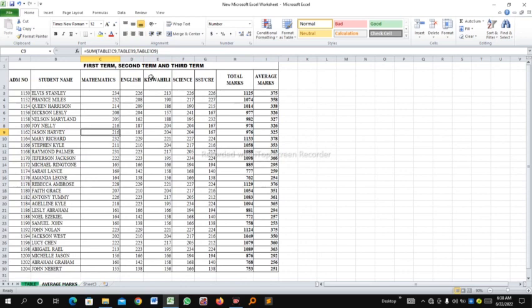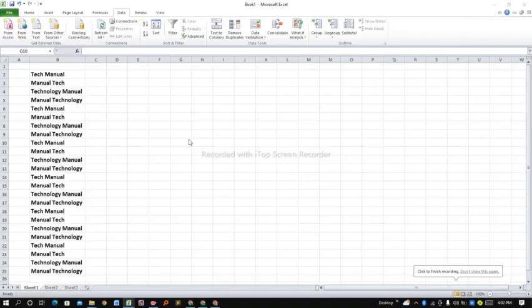I'm going to show you how you can remove duplicates from an Excel workbook or just an Excel column. For example, I've already typed here some words. Just repeat it, manual. Then this is manual check, then we have technology manual, then manual technology. Literally we only have these